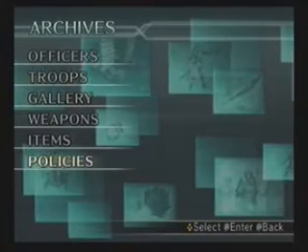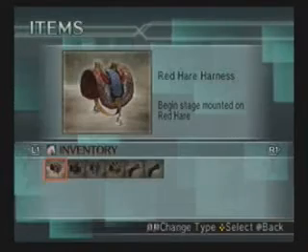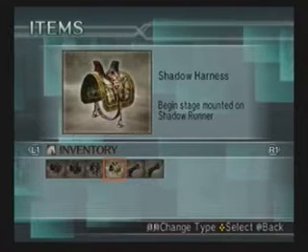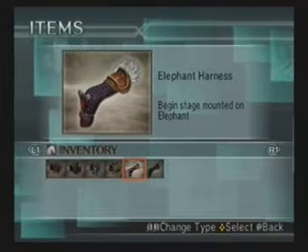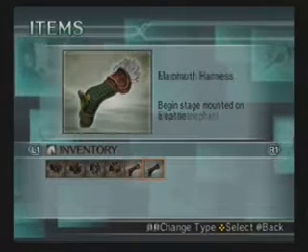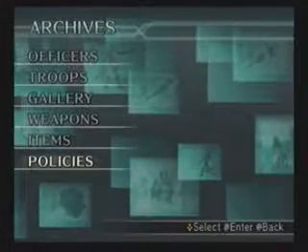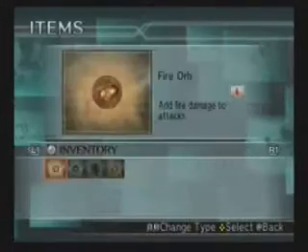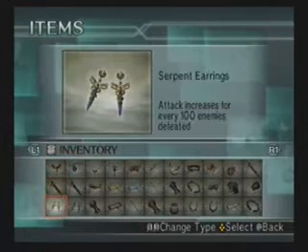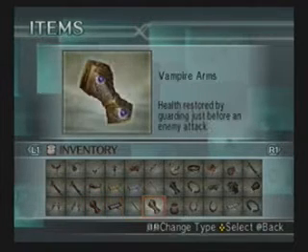There was something else I wanted to show off too. Not just that, the items. These are all the items that I went through all the hell and damnation and playing many playthroughs just to get. You have different harnesses from Red Hair, Shadow, Elephant Harness, Mammoth Harness, and Hexmark's Harness. And you have 4 different orbs, which I've shown off each and every one of them. And most of the items that I did not show off to you,